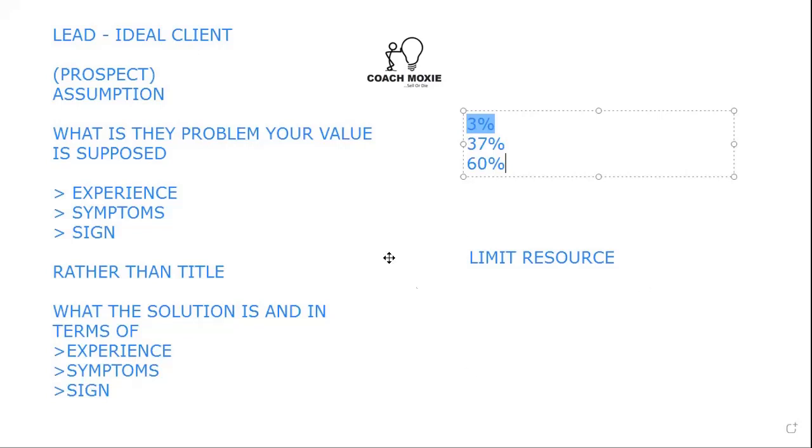Then the next question you need to answer is very simple. Who is spending money on this problem? Are people spending money already to solve this problem? Because no matter what you have to sell, it is not new to the market. The problem it is supposed to solve is already there. There's no way people create products when there is no problem. Since the problem was already existing before the product came, that means people were already spending before you came up with your product. So are people already spending?